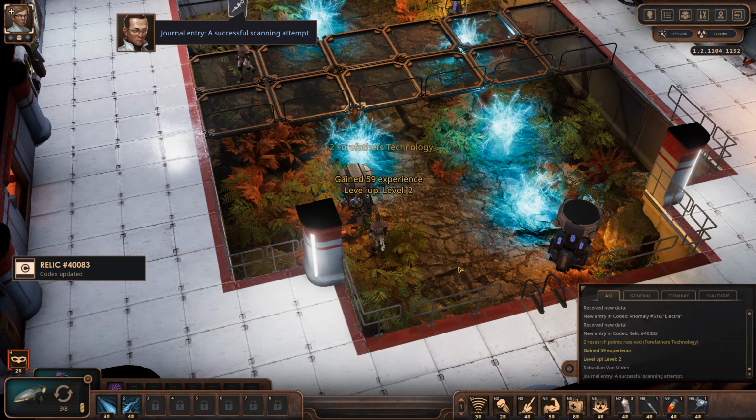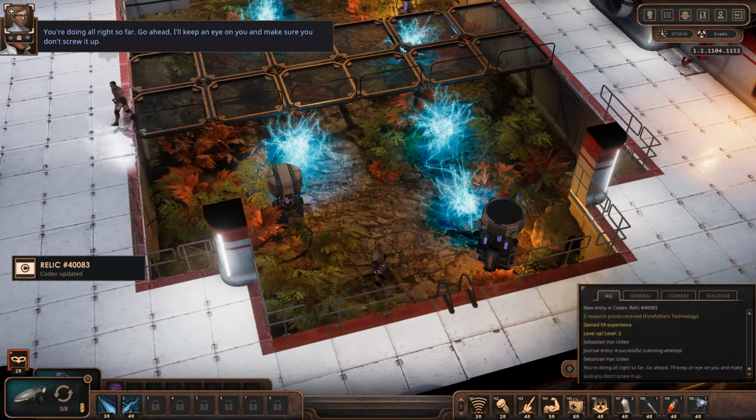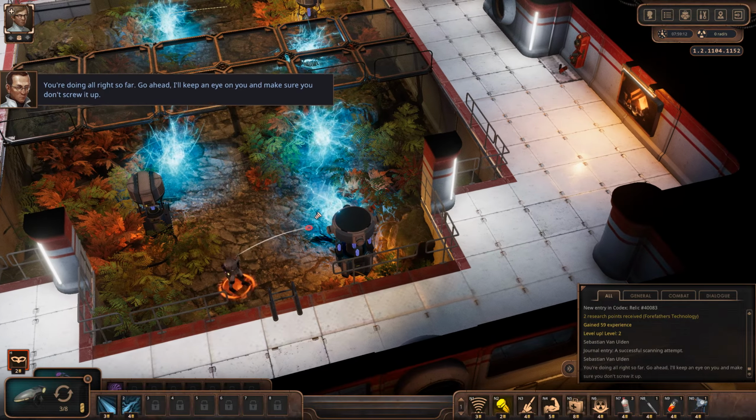Journal entry. A successful scanning attempt. You're doing all right so far. Alright, level up. Keep an eye on you and make sure you